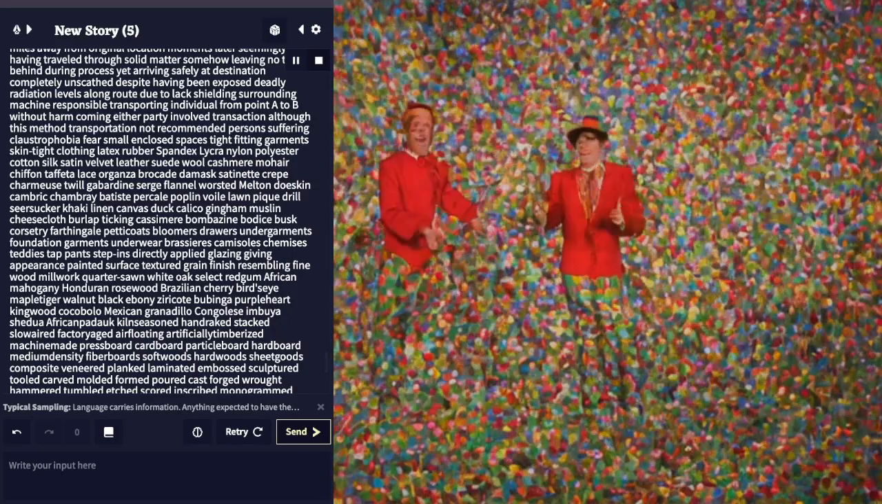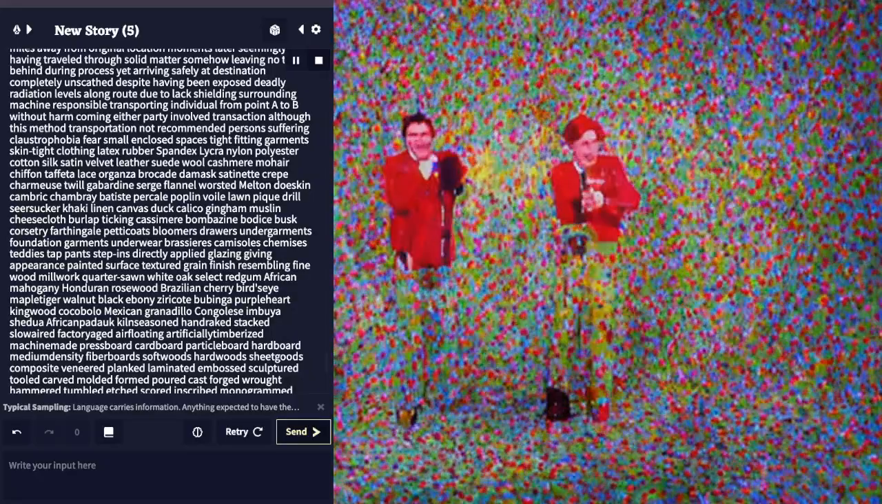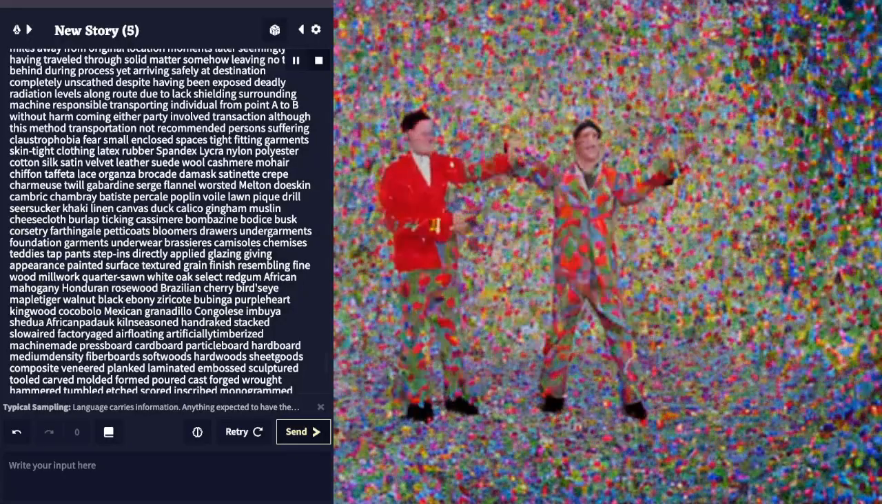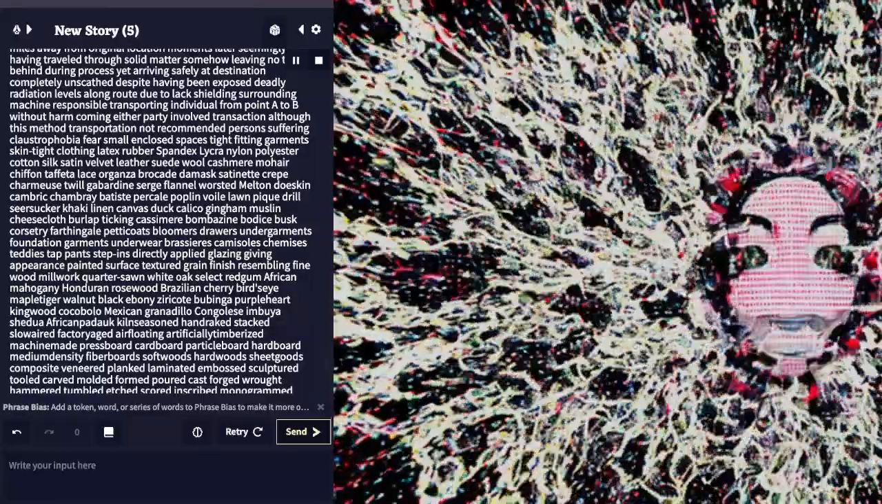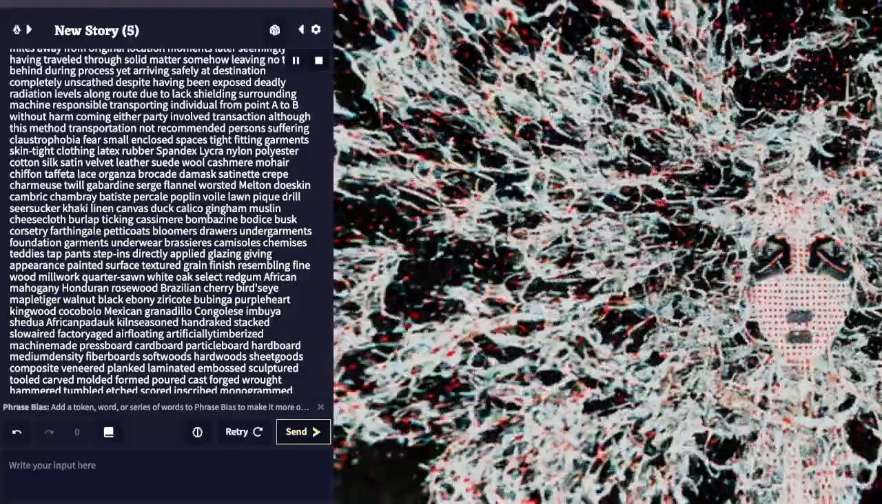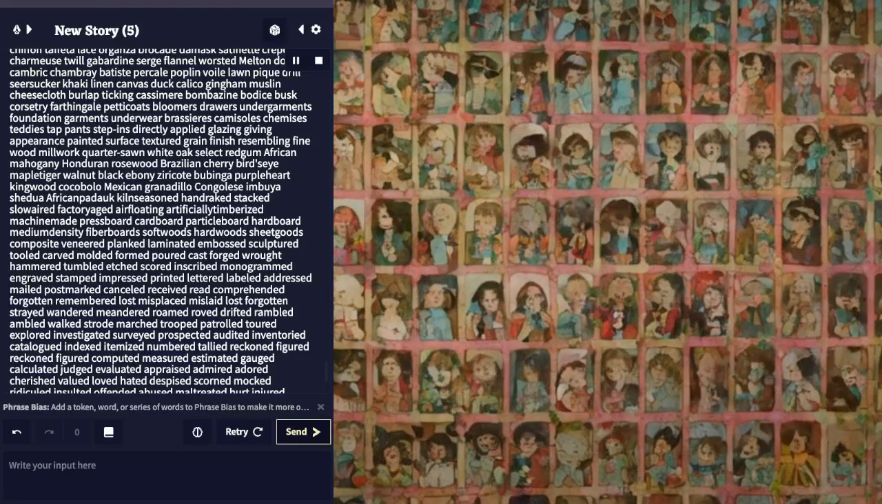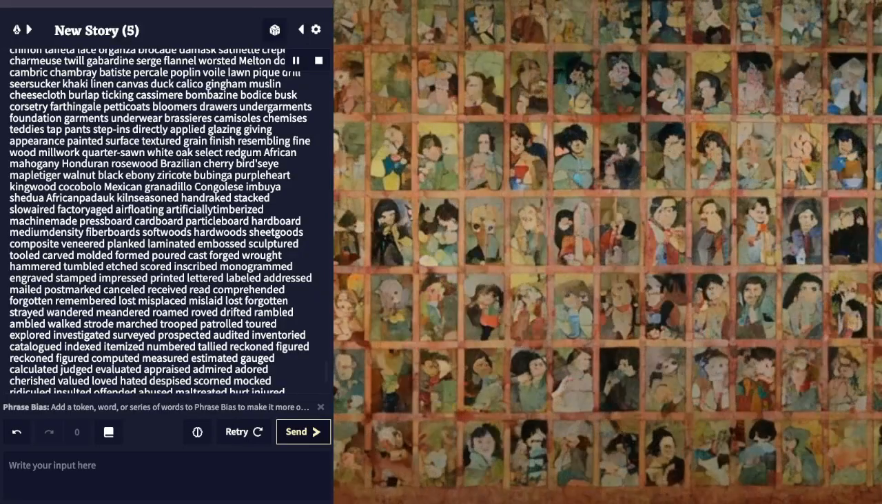Although this method of transportation is not recommended for persons suffering claustrophobia, feared small enclosed spaces, tight-fitting garments, skin-tight clothing, latex, rubber, spandex, lycra, nylon, polyester, cotton, silk, satin, velvet, leather, suede, wool, cashmere, mohair, chiffon, taffeta, lace, organza, brocade, damask, crepe, charmeuse, gabardine, serge, flannel, worsted, melton, doeskin, cambric, chambray, batiste, percale, poplin, drill, seersucker, khaki, linen, canvas, duck, calico, gingham, muslin, cheesecloth, burlap, ticking, bombazine, bodice, bust, corsetry, farthingale, petticoats, bloomers, drawers, undergarments, foundation garments, underwear, brassieres, camisole, chemises, teddies,